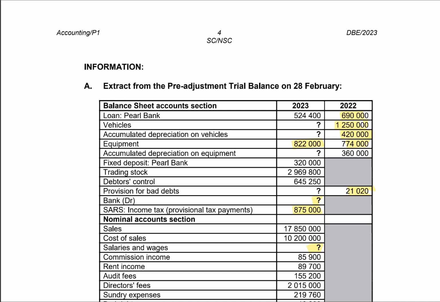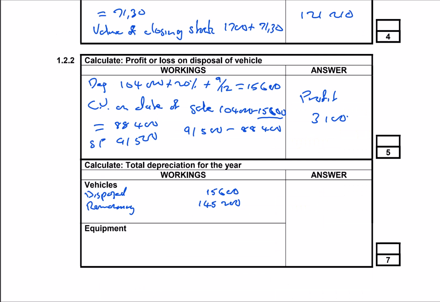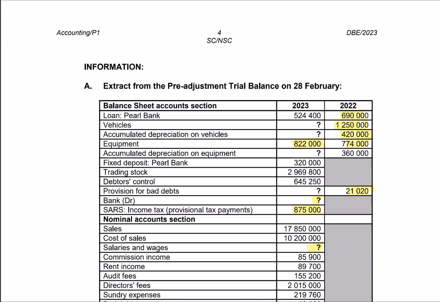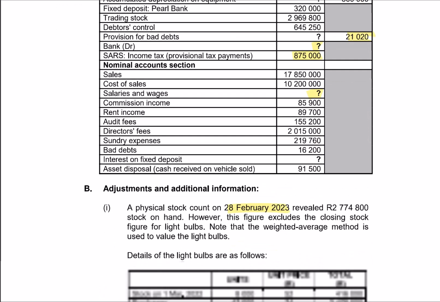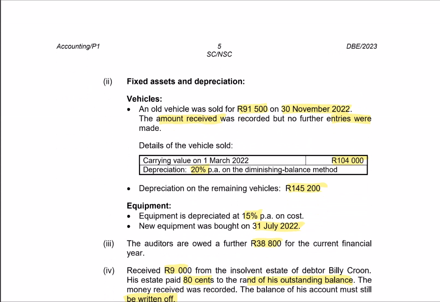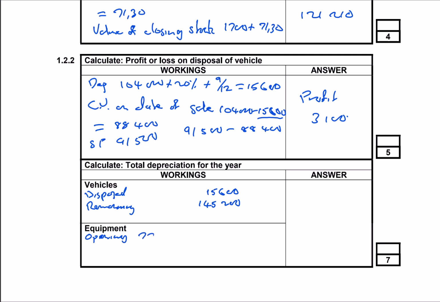For the opening balance, calculate for opening, that is 774,000, and the rate is 15%. Times 15%. Then on the new equipment, that is 822,000